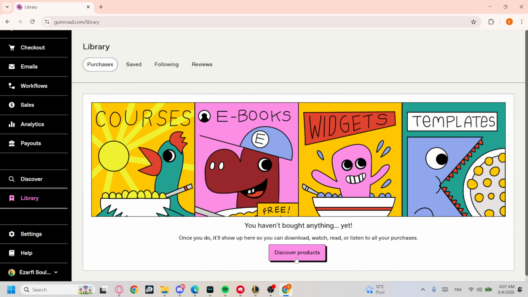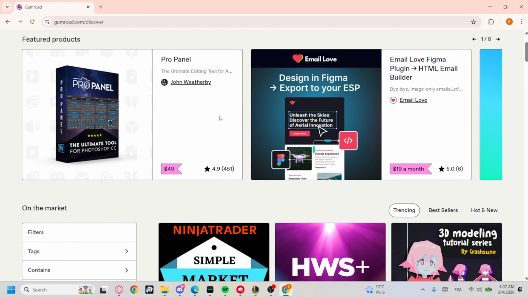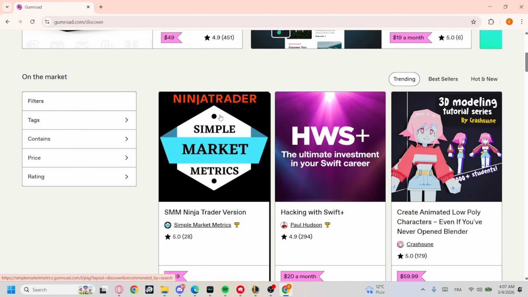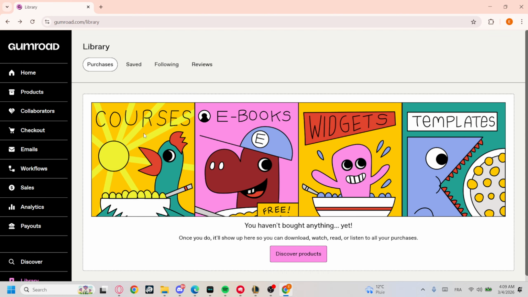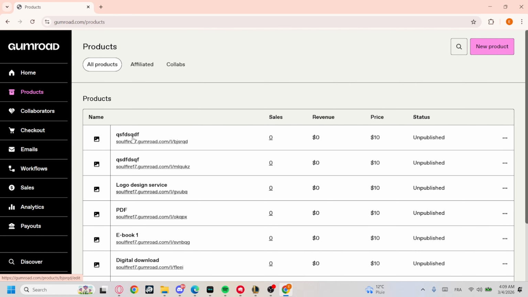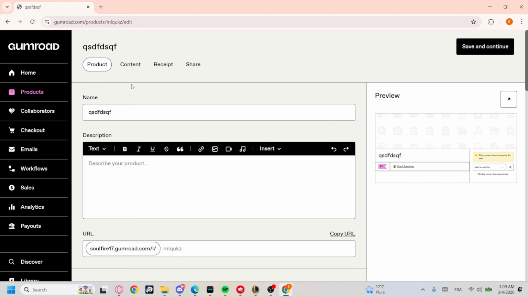And then just go with discover products. Click it. So here you can actually preview the products of the others. If you want yours to be just like that, you will need to go to the products option on the left hand menu and then just choose a product from that list, to edit it or to create a new one,